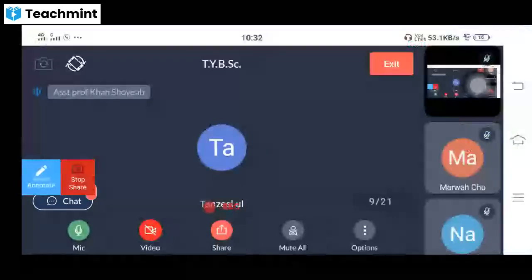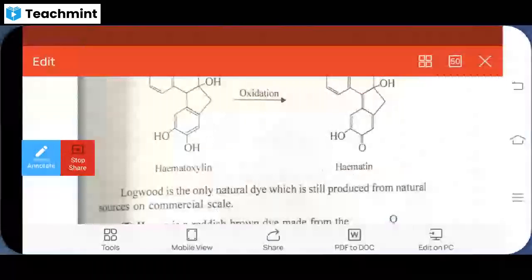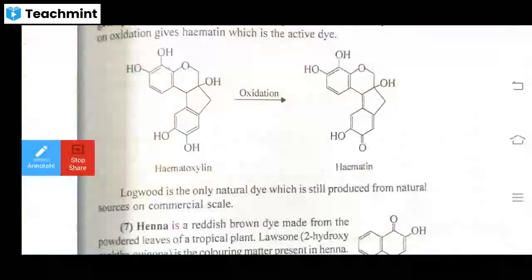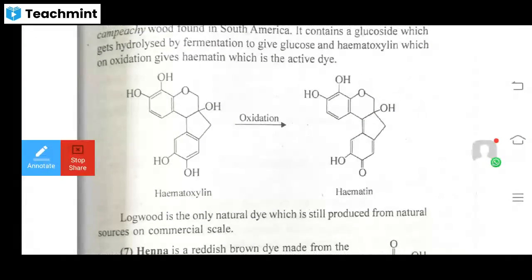Let's start the types of the dyes, types of the natural dyes. In that, we have studied the turmeric as a natural dye. In the turmeric, curcumin is the important chemical constituent